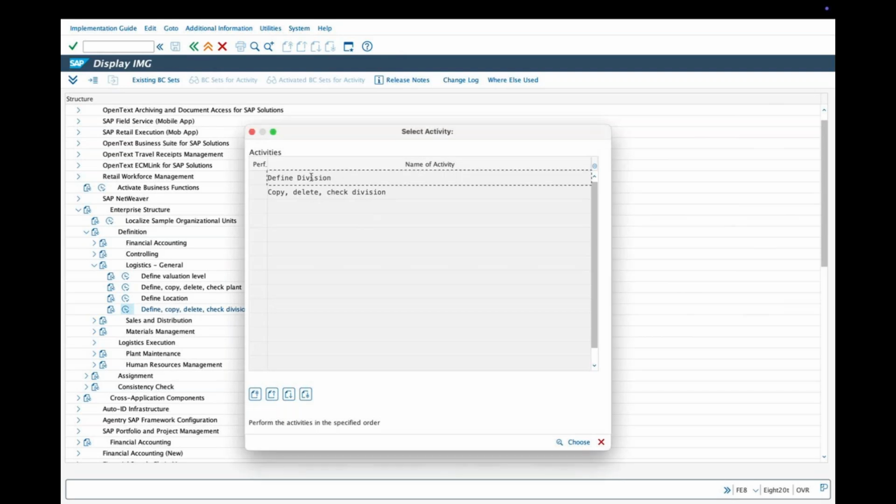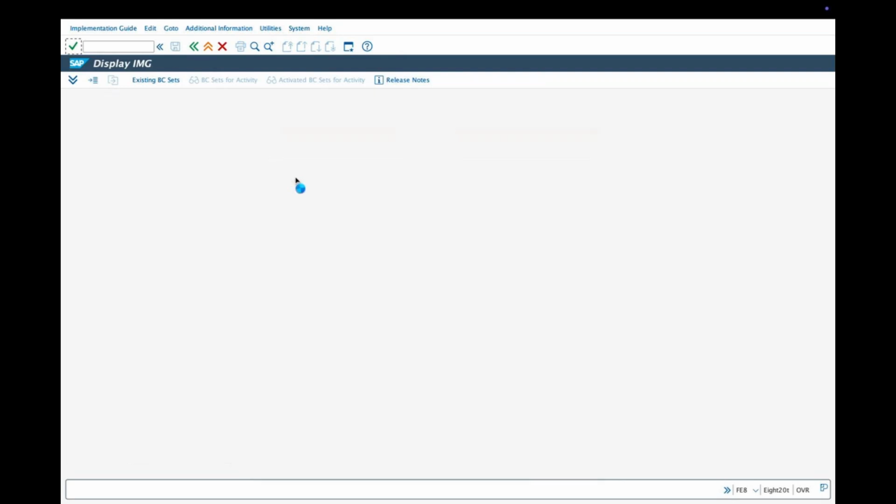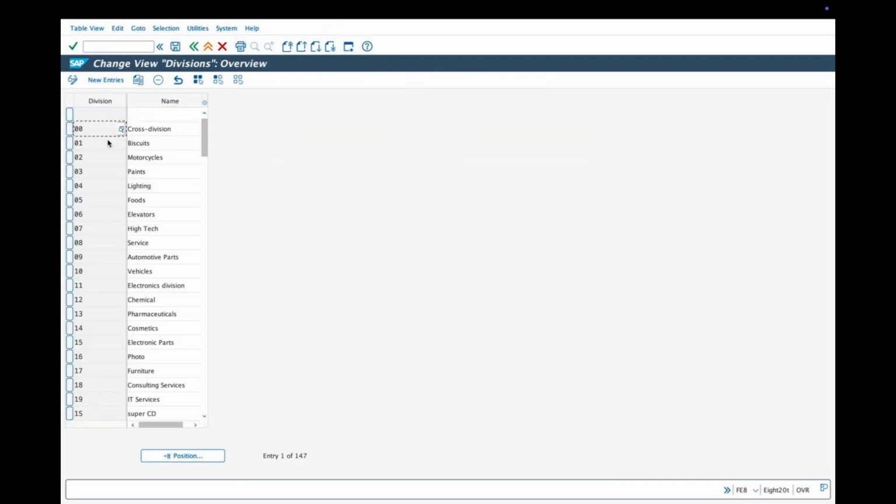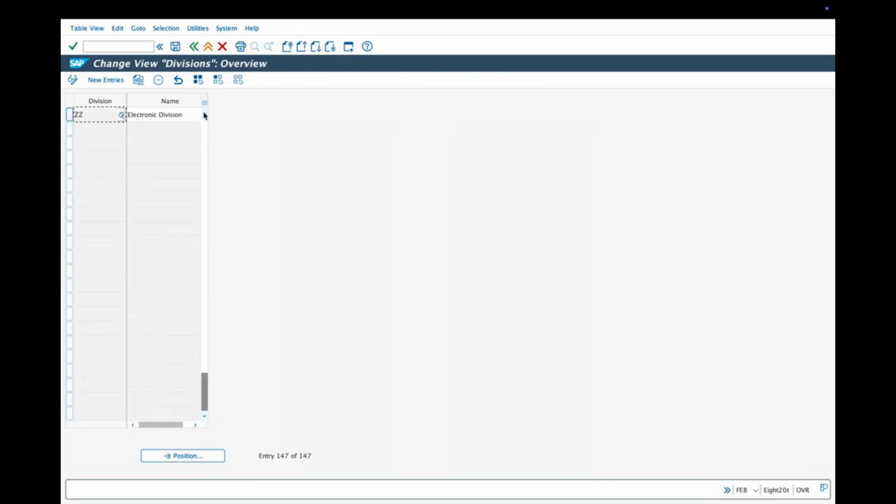So define division, double click on it. Now here it accepts a two-letter short name. Because my company is Zara, I search which short names are occupied in Zara. Whatever short name you want to give, say I want to give Z1. It is already occupied by somebody. I cannot give that. So see what is occupied in the system and start giving.